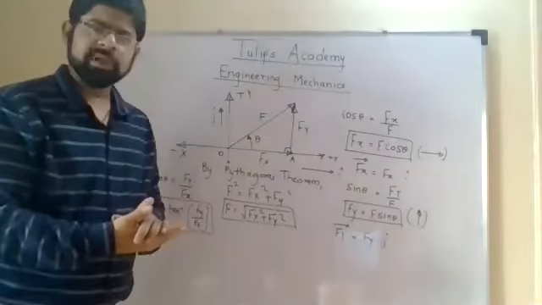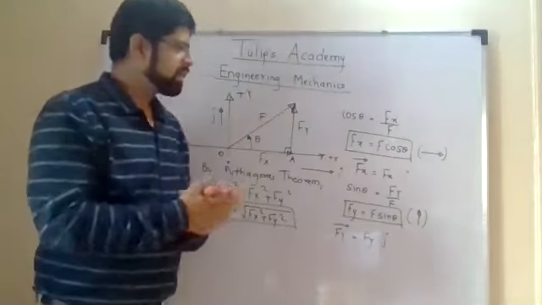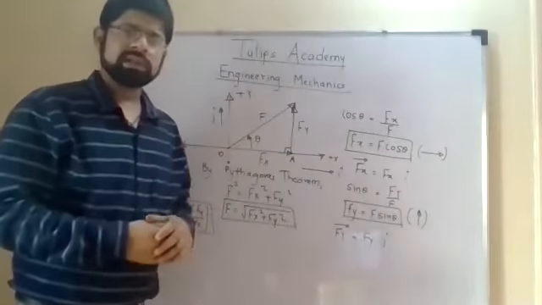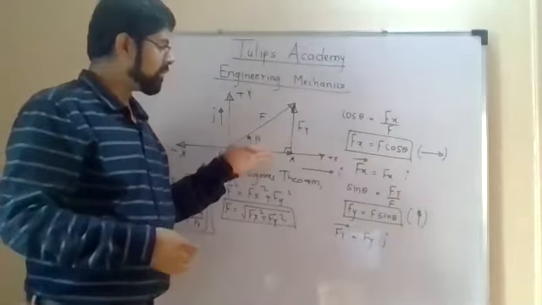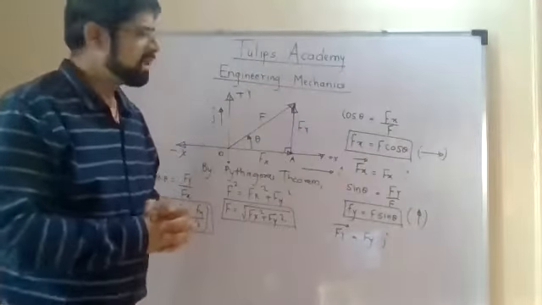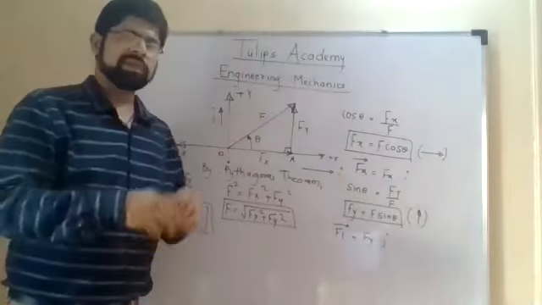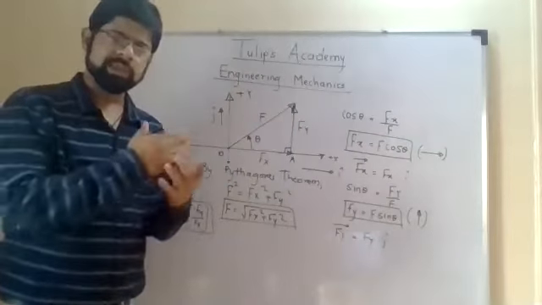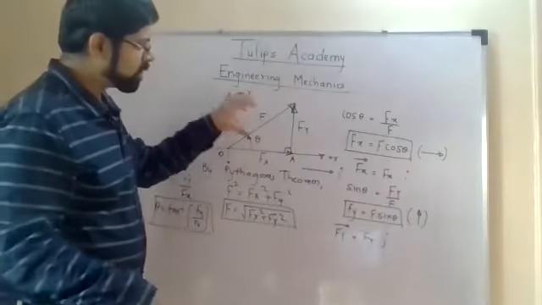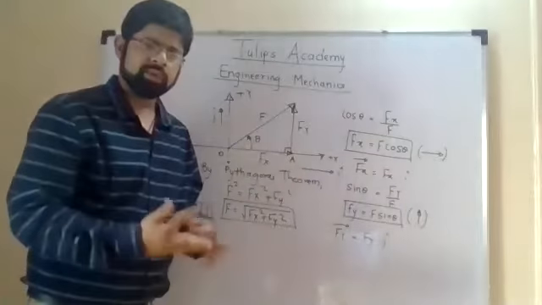Let me summarize in 1 minute, and then we will stop here. The video will be completed. So first we have seen if F is given and theta is given, then how to find out Fx and Fy. For that purpose, we had taken help of sin theta and cos theta relationships, and then we had used the properties of quadrant. If the force is tensile, then we will resolve the force in the same quadrant that we have seen in the previous video. So the force was tensile, and therefore we had resolved the force in the first quadrant only. So x component was positive and y component was also positive.